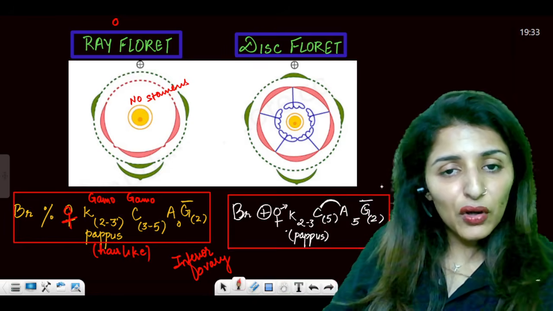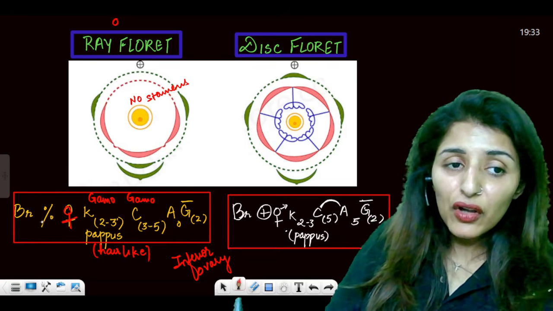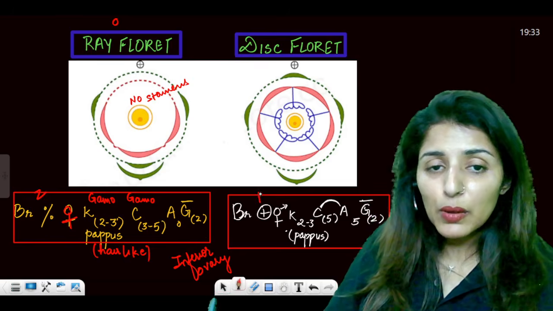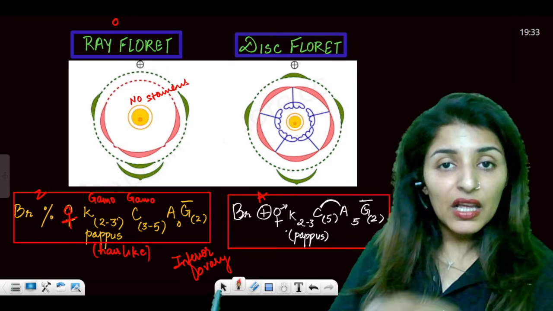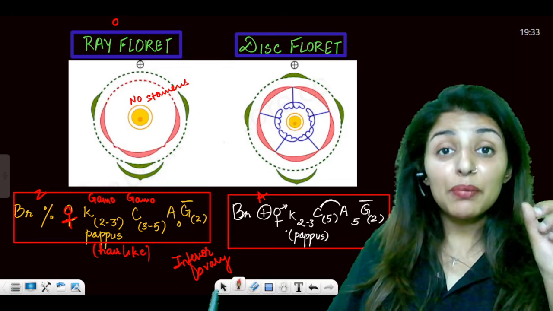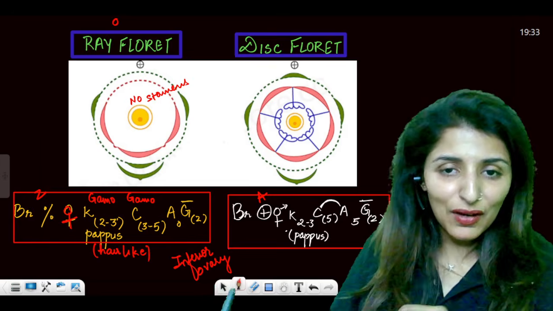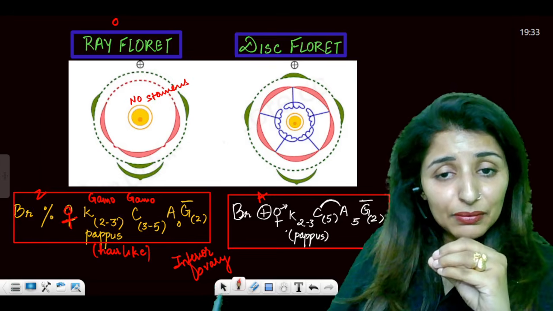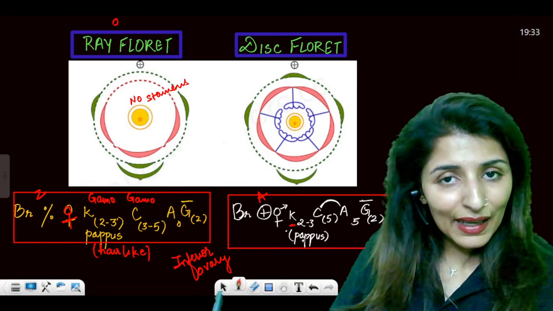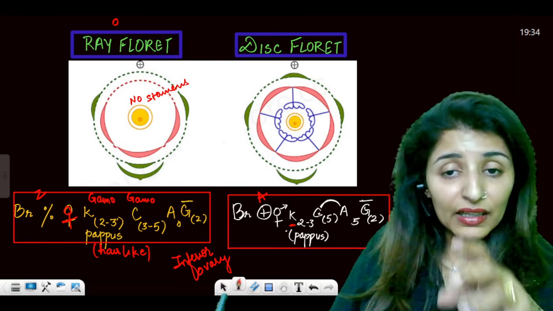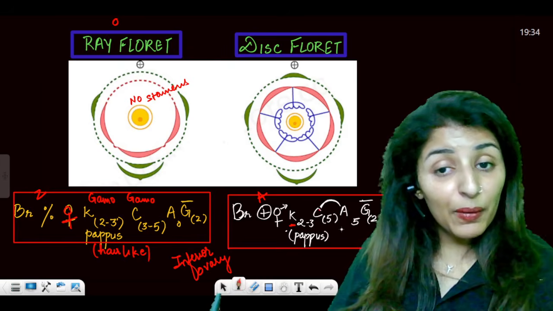For the disc floret, you have to remember this is also bracteate, but the ray floret showed zygomorphic symmetry, while this one is showing actinomorphic symmetry. So you can clearly see the difference. Now, the ray floret was strictly a pistillate flower, while a disc floret is a bisexual flower. So you again see the sepals, they are 2 to 3 in number, again hair like, and then the corolla can be 5 in number, and again gamopetalous condition.